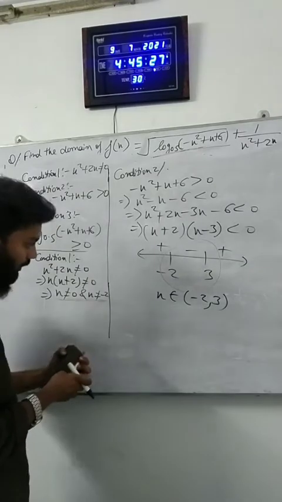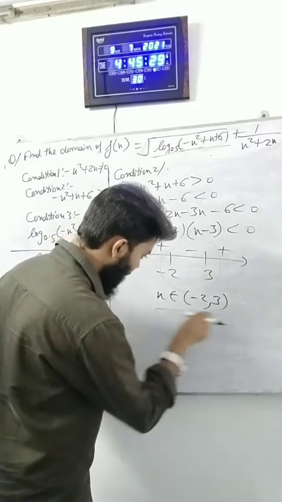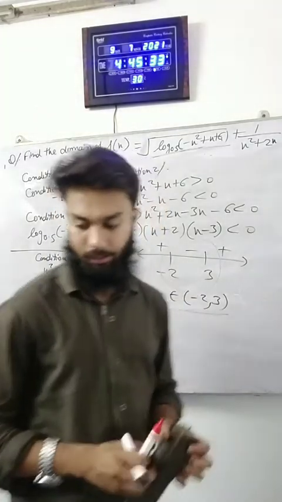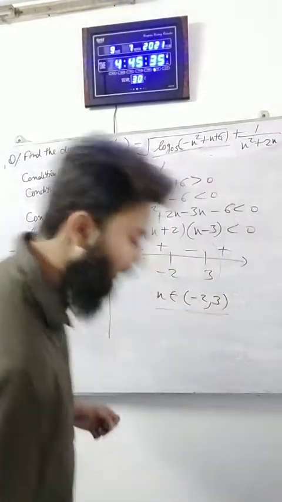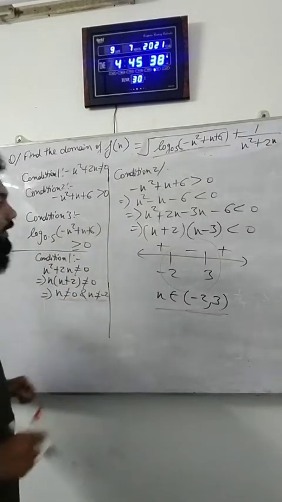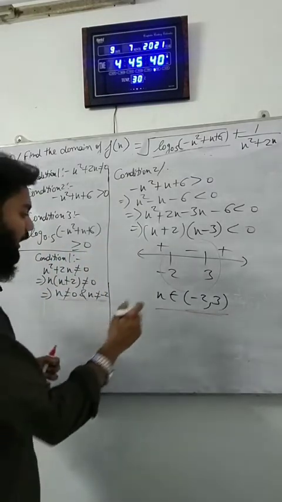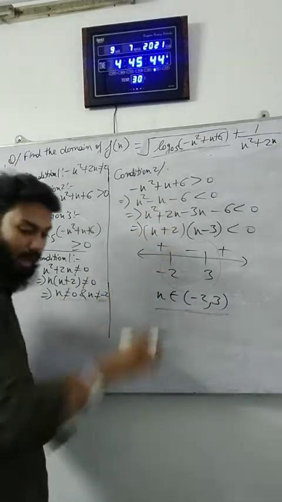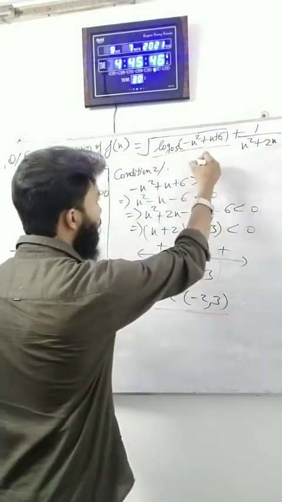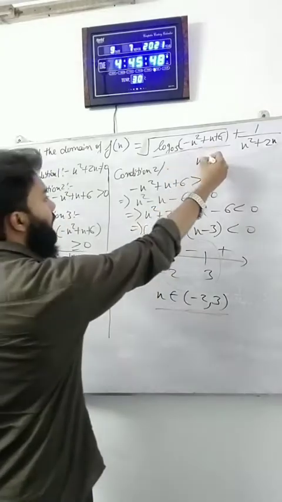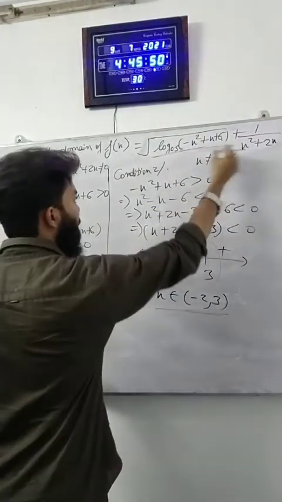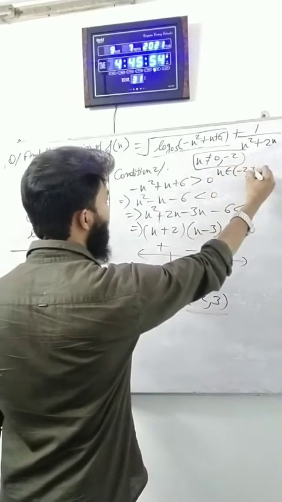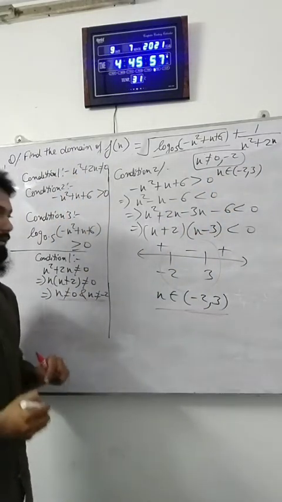Let us keep these conditions with us, otherwise we will not be able to find the final answer, because at the end we need to combine all the three conditions. So I will be writing these two conditions which I have obtained somewhere. So x must not be equal to 0 and minus 2. This was the first one, and x must belong to minus 2 till 3. This is the second condition.